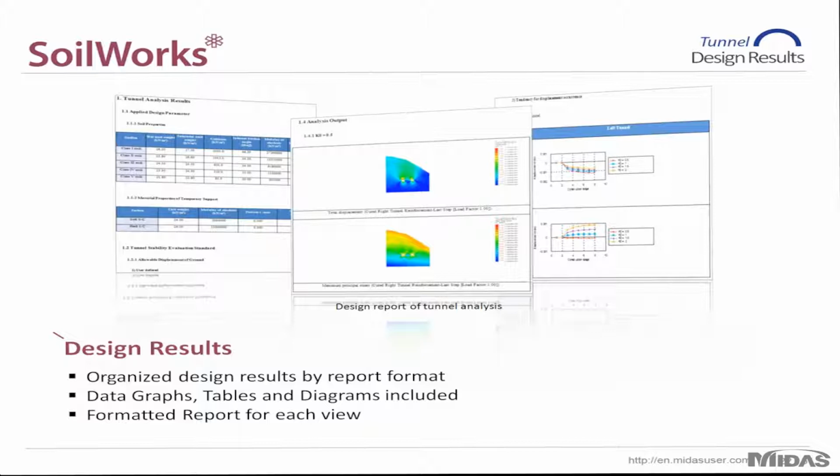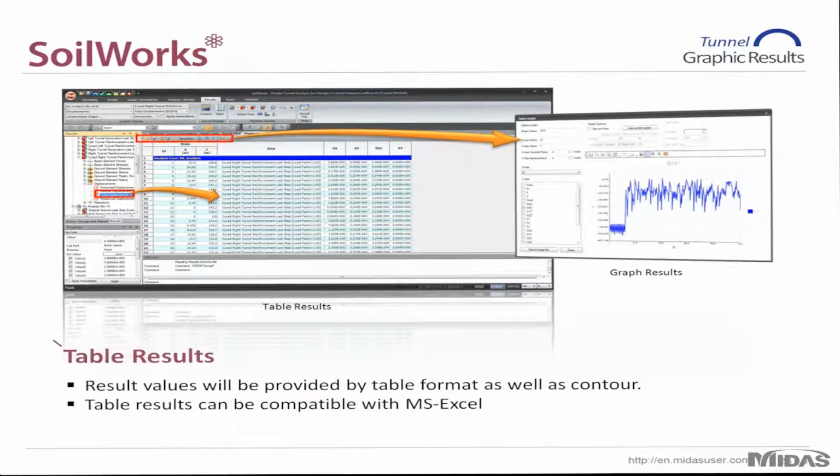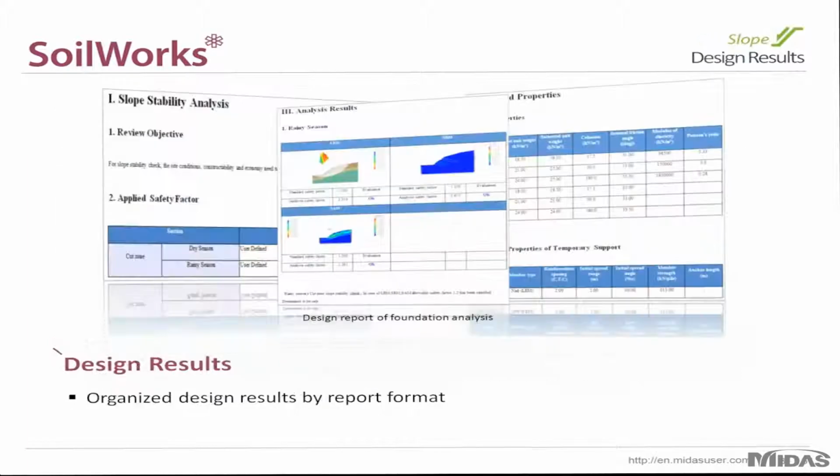As you can see, the final report is very clean. It's very easy to read. Everything's formatted for you, your charts, your graphs, etc., and even a table of contents will be created for you through the auto report generation feature. And then you also have a wide range of graphical results to choose from, so depending on personal preference, you can choose from various contours and graphs to include in your final report. And then tabular results. All of your results are formatted in Excel format, and it's all included in the post-processing. So instead of having to create the graphs yourself through an Excel sheet, the program will create it for you.